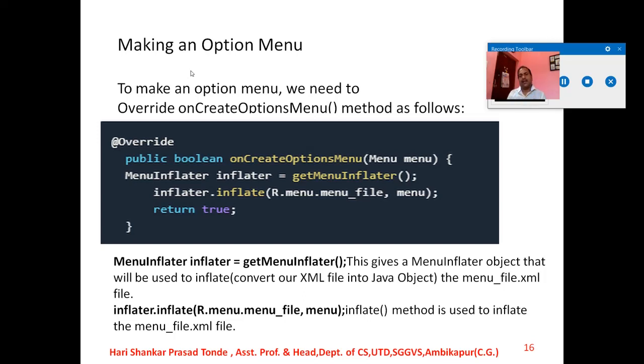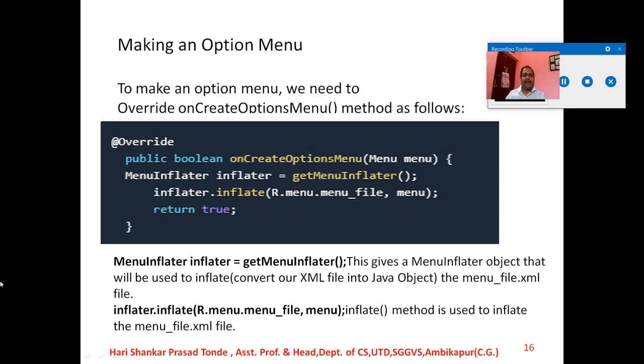So this is the overriding method. For example, if function A is printing A, and a second function of the same name is there for printing B, then in spite of printing A, printing B is going to happen. So this is the meaning of override.